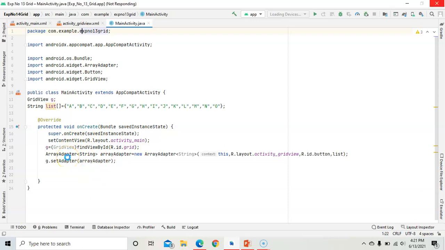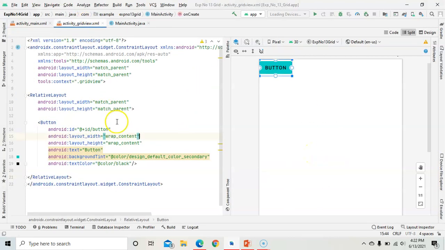Here we have assigned the ID to the object of the grid view, and the next is the ArrayAdapter class. The parameters of the ArrayAdapter class: first is this, second is R.layout.activity grid view, the activity where we have added a button, and next is R.id.button, this button is the ID of the button.